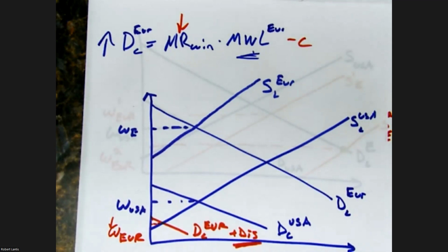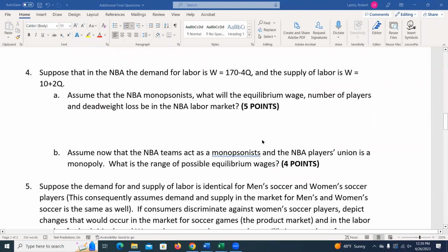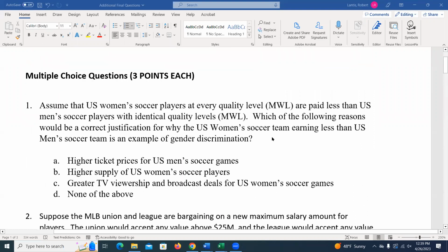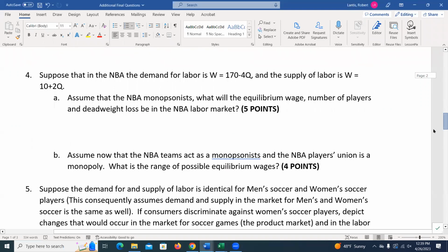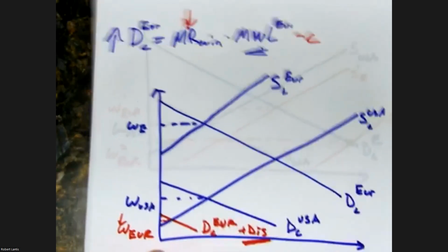Okay, so thinking about discrimination in the labor market, let me see what these are. I want to do this one. Pair the equilibrium number of games. No, I want to do something else that's not on here. So we'll do one more thing. So let's instead assume that we've got... How do I want to do this? Let's assume that you've got employee